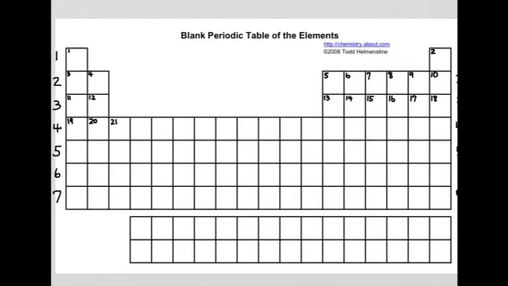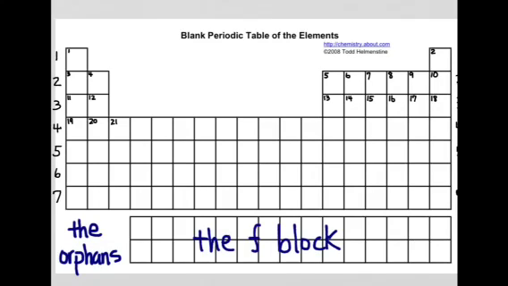In this video, we're going to find out where the orphans in the F block belong in the periodic table. There are two rows of orphans, and they belong in rows 6 and 7 of the periodic table. Now, you've already numbered the first 20, but if we were to start in row 6, the first element in